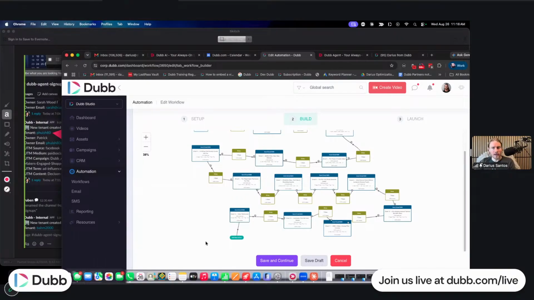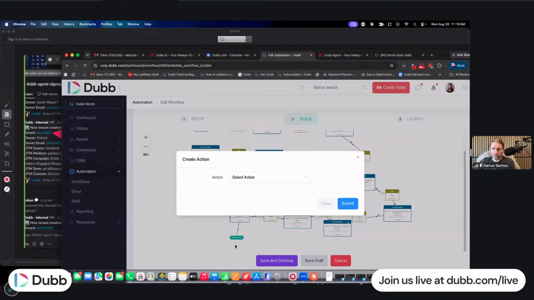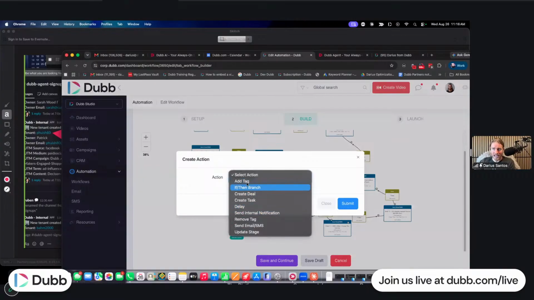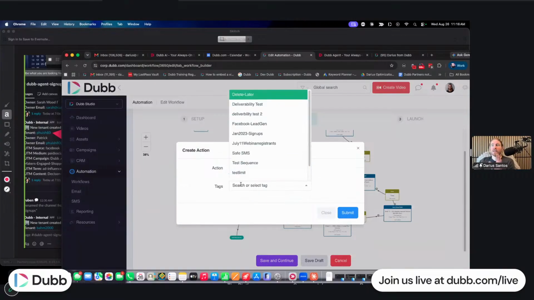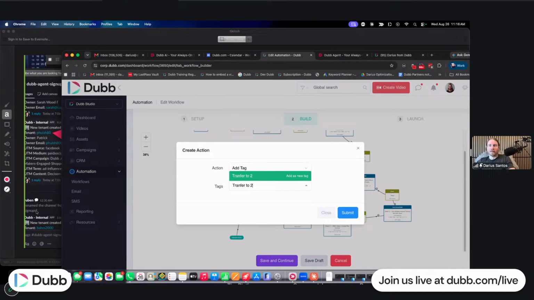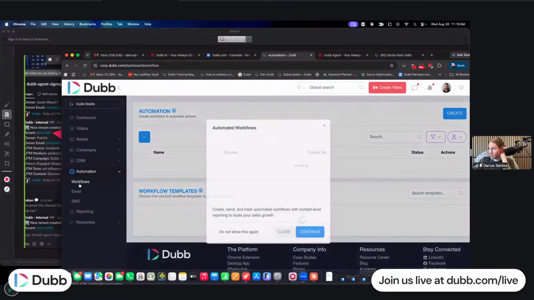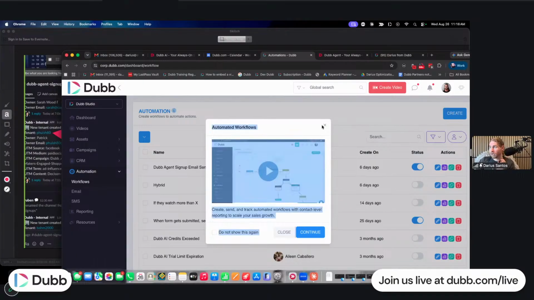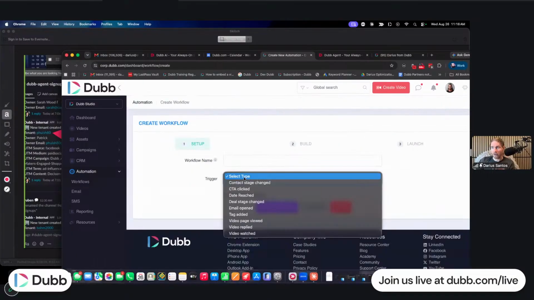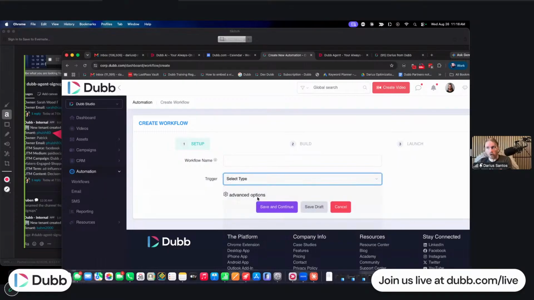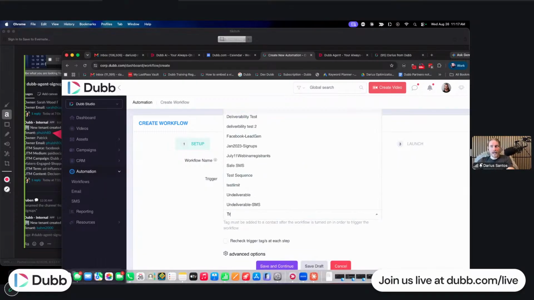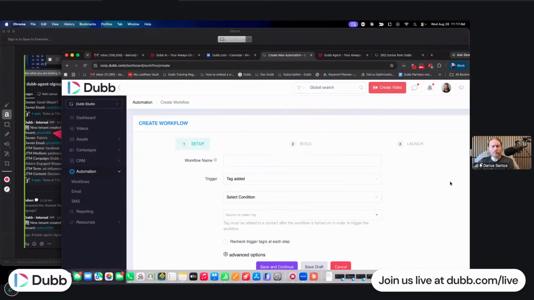The easiest way automatically is to just do exactly this, right? The final step is to add a tag, which is transfer to workflow 2. That's probably the best thing, right? Transfer to 2. And then that's it. That's saved, done, move on. And then when we build the new second workflow, the trigger right here is transfer to workflow 2. So anytime that gets added, it puts them over here. We can build that together too.